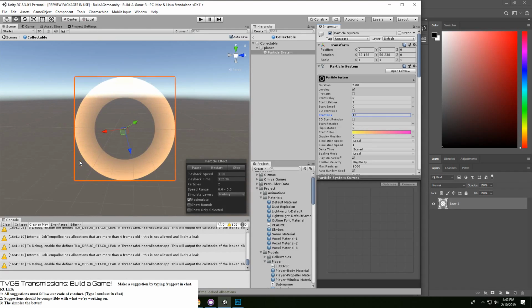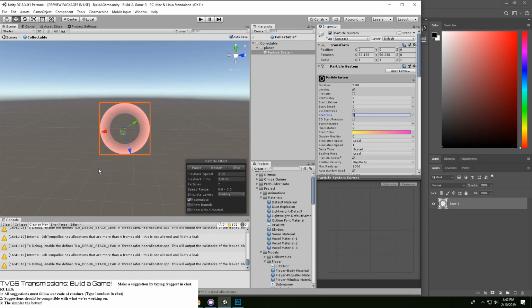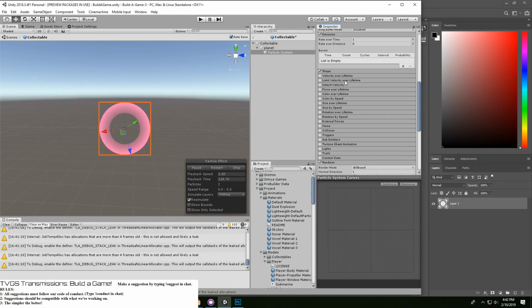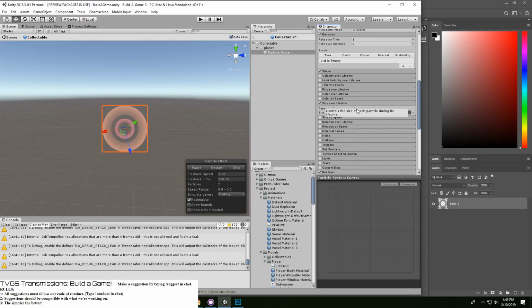Yeah, way larger. Yeah, that looks about right to me. And then that looks fine. Then size over lifetime, we definitely want that. And there we go. Now we got what looks like a sonar-ish.